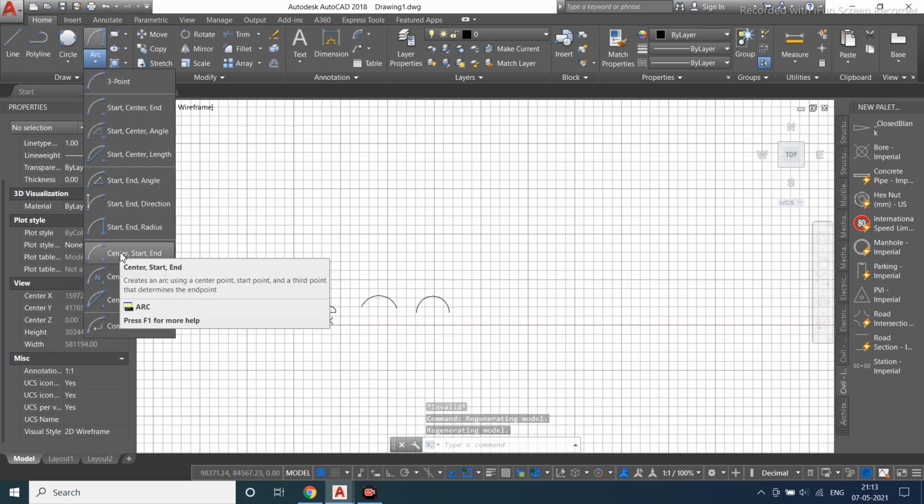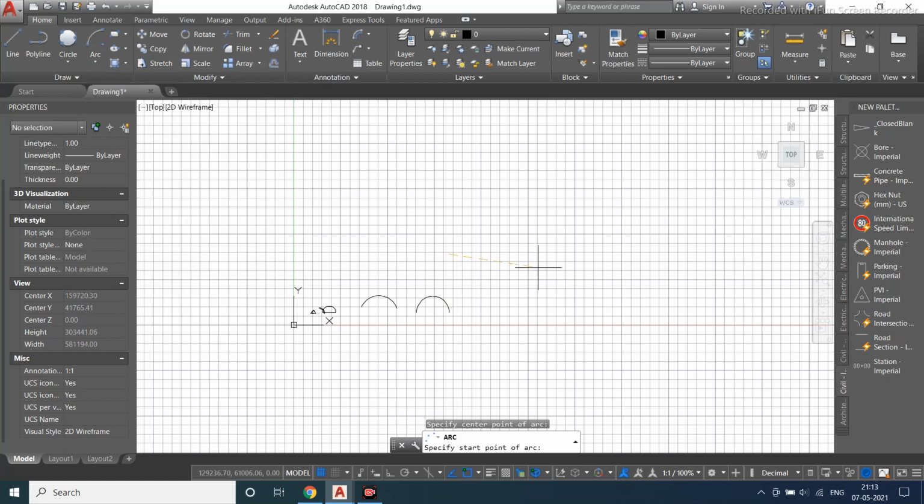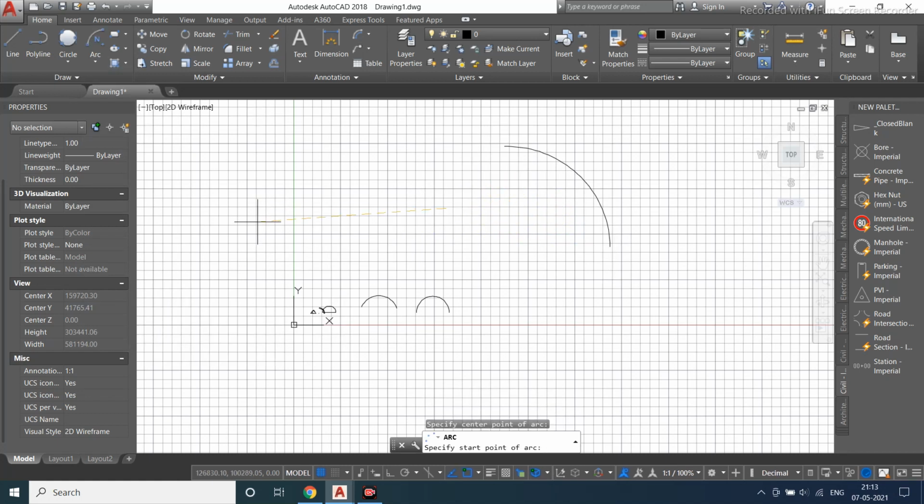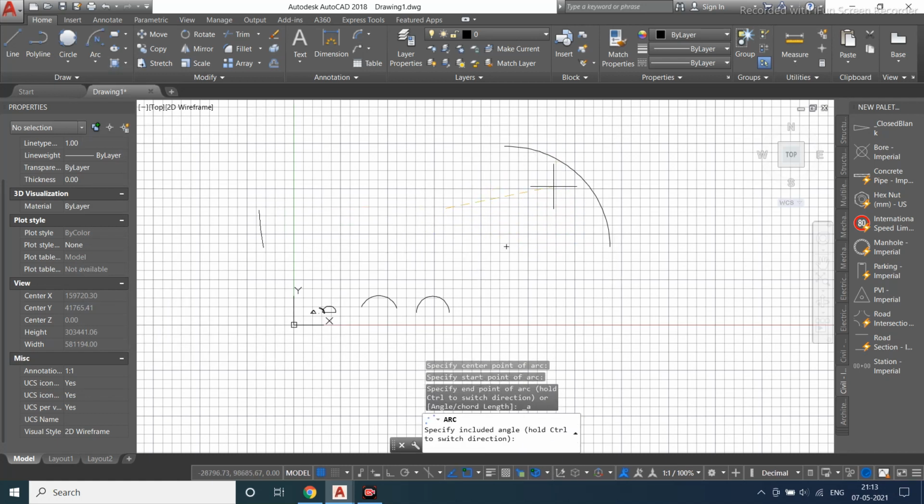So start, center, start, end. This is your center, start, and this is your end. So always it works in the anti-clockwise direction. So start, end, and you can go with the ending session. Same way you are going to use start, center, start, angle, center, start, and what is the angle you want to specify in a direction.